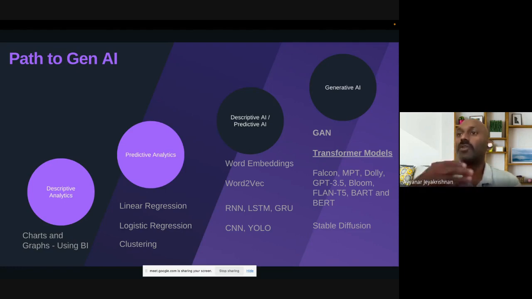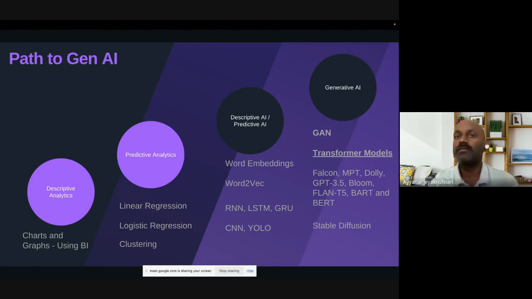Then you can give new novel data, and it will predict. That is the stage. There comes the next one, generative AI. Now we are talking about the transformer model. At the same time, NLP and computer vision are booming, and one more technology, GAN, came into the picture, where it will generate the